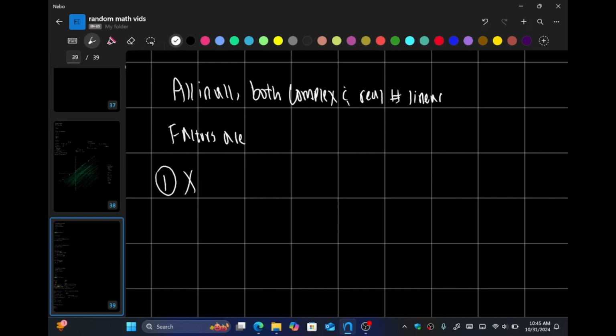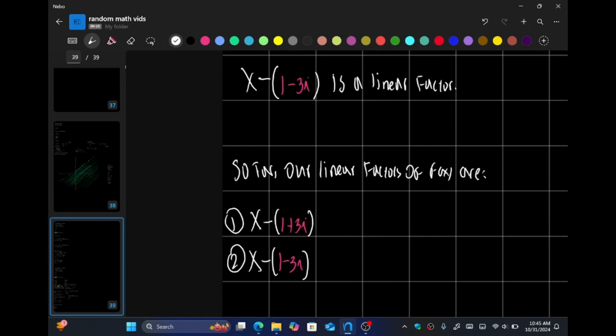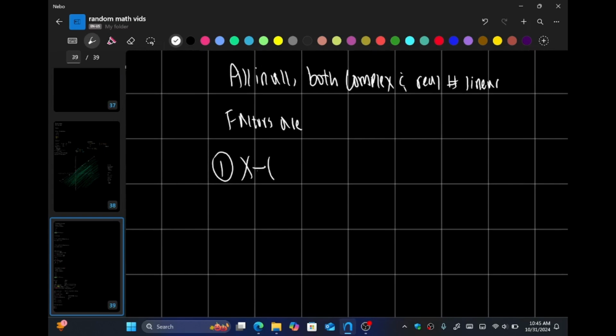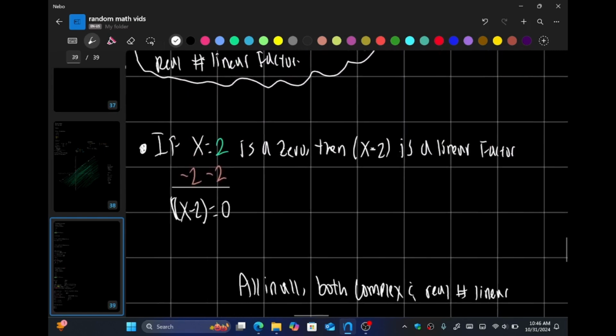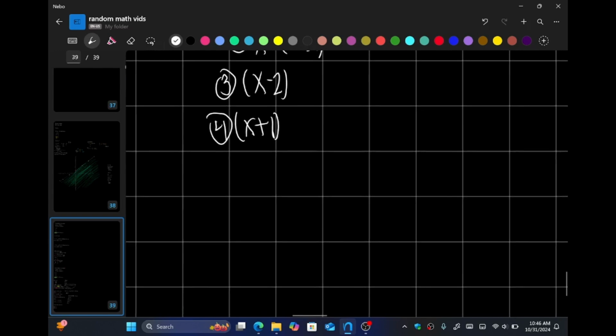Number one, it's going to be x minus the quantity 1 plus 3i. Number 2, x minus the quantity 1 minus 3i. Number 3, x minus 2. And then number 4, x plus 1. Okay. So then remember, so f of x